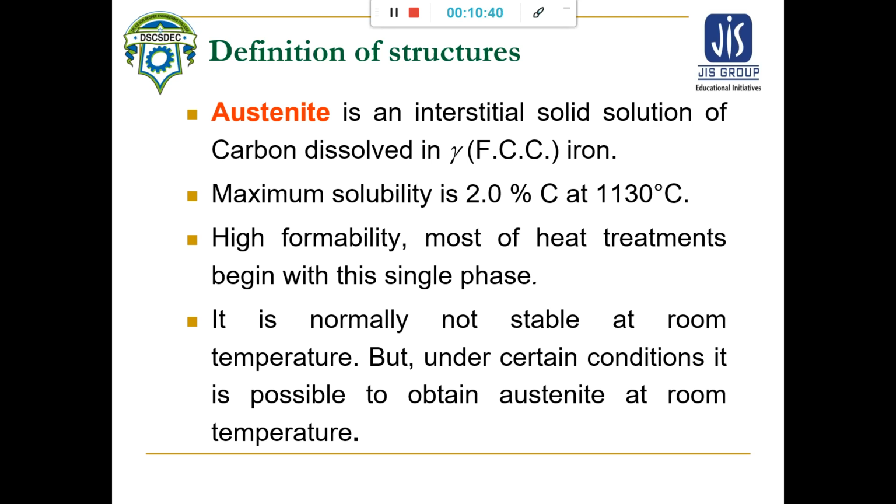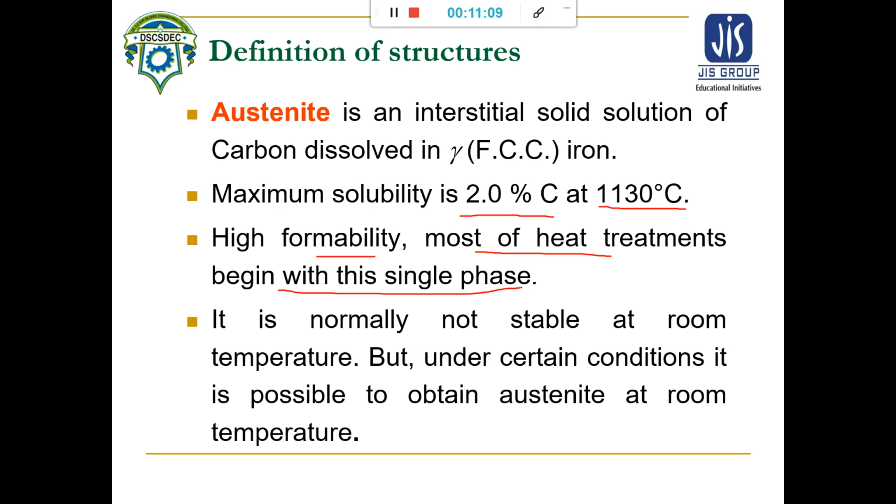It has a maximum solubility of 2% of carbon at 1130 degrees Celsius. It has high formability, and most heat treatments begin with this single phase. We will see in the heat treatment chapter that most heat treatments start from austenitic transformation